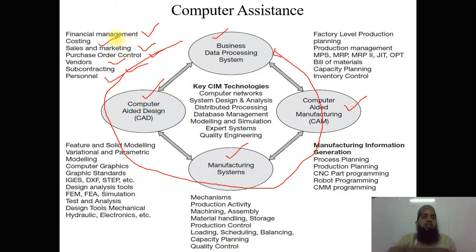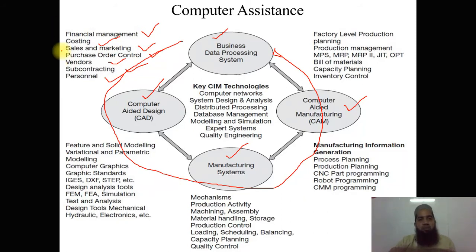Finance management department is always responsible for financing and keeps the record of what kind of finance is required and all the financing. The costing department records the costing of the material which is coming and moving, like importing and exporting. Sales and marketing department is responsible for sales as well as marketing, doing the advertisement, the survey, and collecting data from the market. All these records are kept by the sales and marketing department.